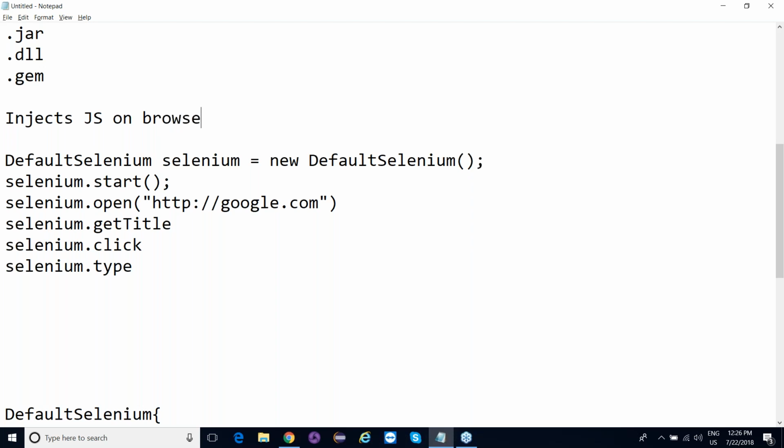So if you guys are familiar with the term JavaScript, not the entire language, I'm not talking about any particular browser right now. This is just a simple example I'm taking. Let's say it launches a Firefox browser, right? Then the actions will start being performed on the Firefox browser. But how are the actions being performed? These are performed with the help of JavaScript injection. JavaScript works on the client end, client end as in the UI part. Any action that you need to perform on the UI end